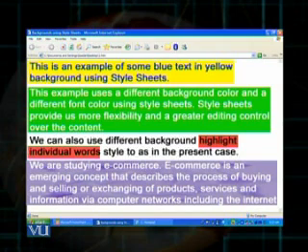Then in the subsequent line, you can see I have typed a sentence in which 3 words I have deliberately highlighted with the red background. So you can see the sentence reads, we can also use different background style to highlight individual words as in the present case.